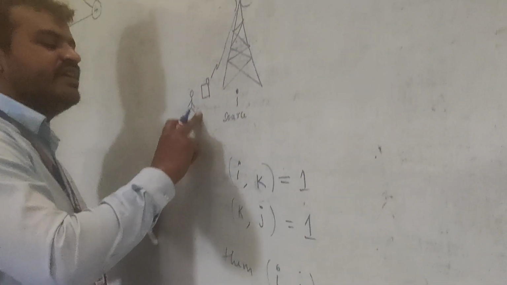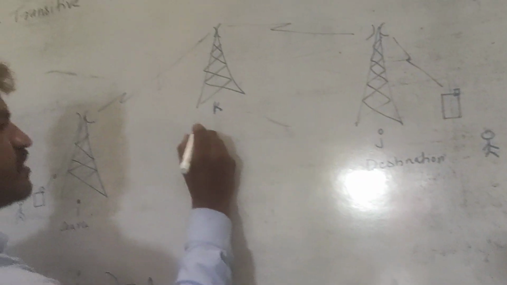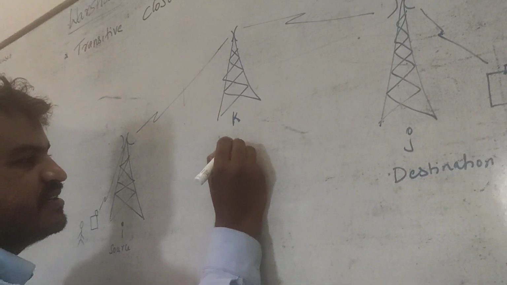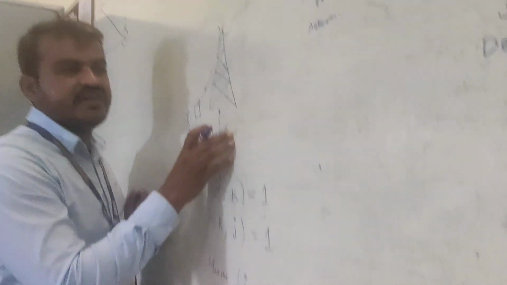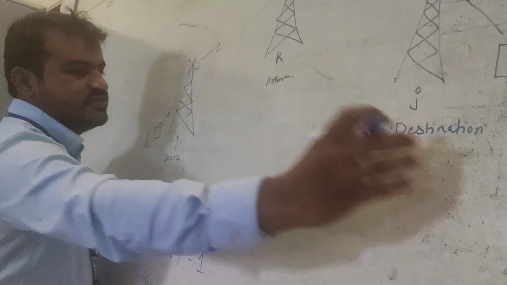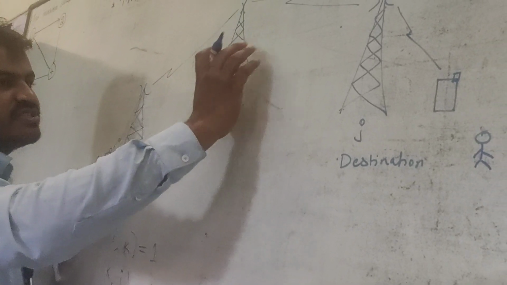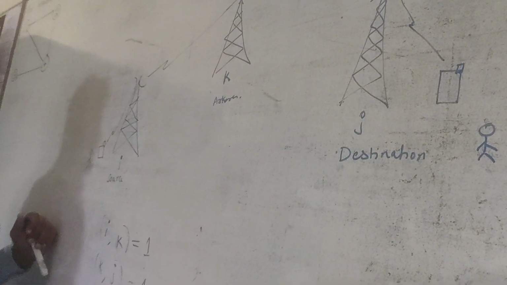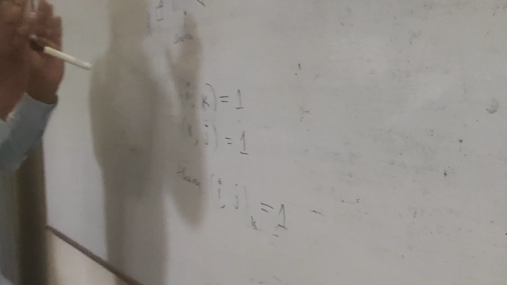Then we can communicate from source to destination through some intermediate station, say the RK station. Consider the source is Bandarghatta and the destination is Jayadeva. You will communicate through the Arkere base station to the Jayadeva base station. This is a simple example of where they use transitive closure.